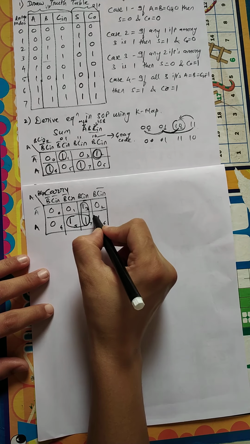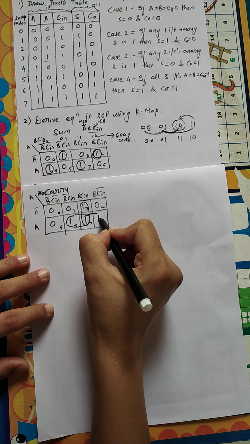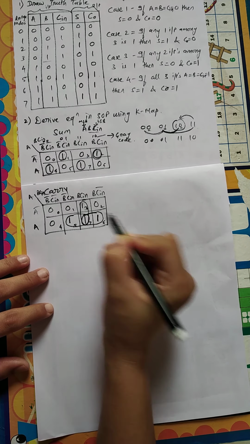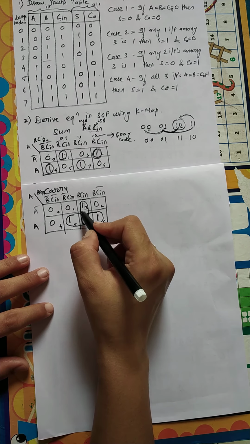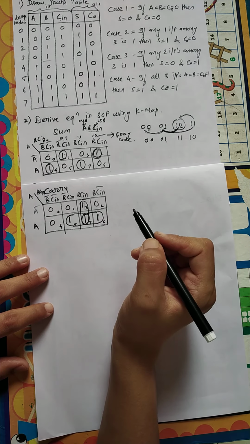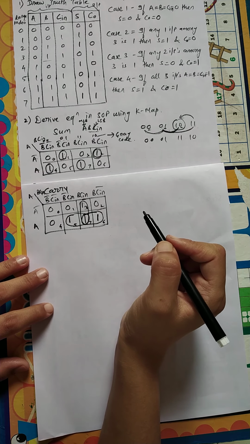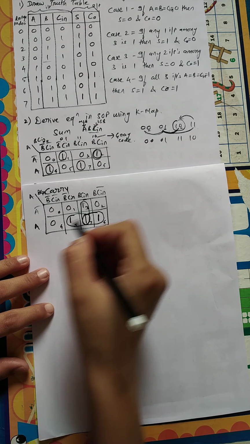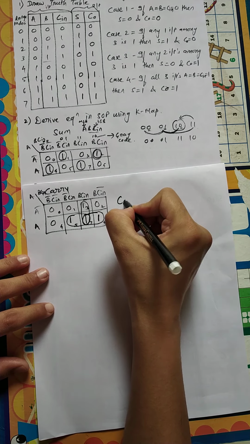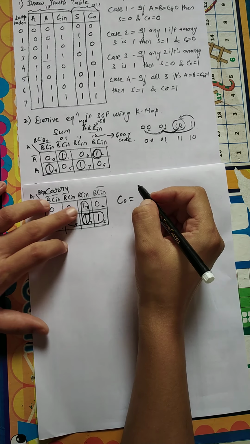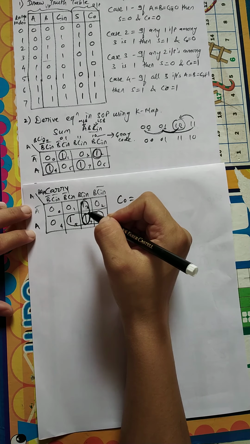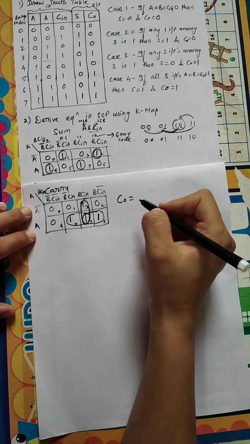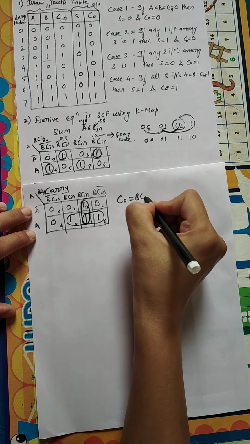Now the next group will be for this remaining one, so this will be another group, right? So overlapping is done here in these 3 groups, and that can be done as per the rule of K-map, right? So what is the equation I'm going to get for carry? For this group, 2 rows are included, so they will cancel, and here I will get the term BC in,